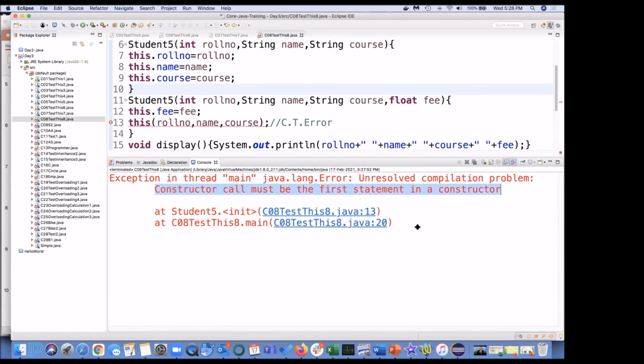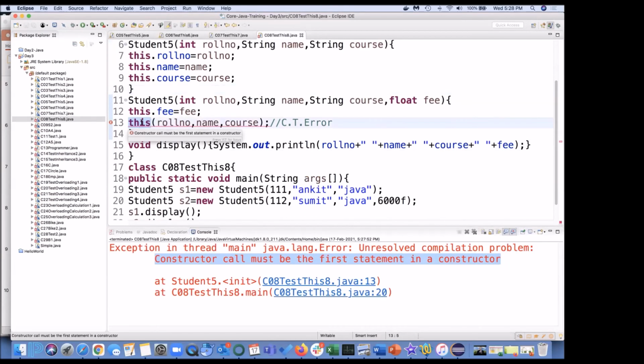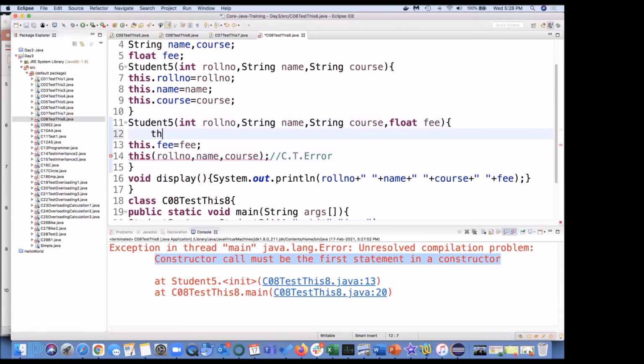How is the constructor going to be called? A constructor is called by using this, with or without parameters. So don't confuse it with the this keyword. When we say constructor call, it should be something like this.